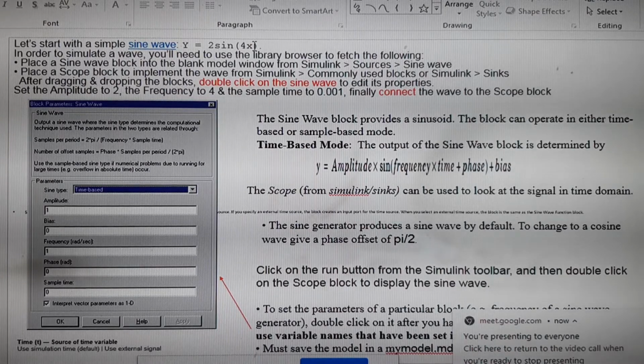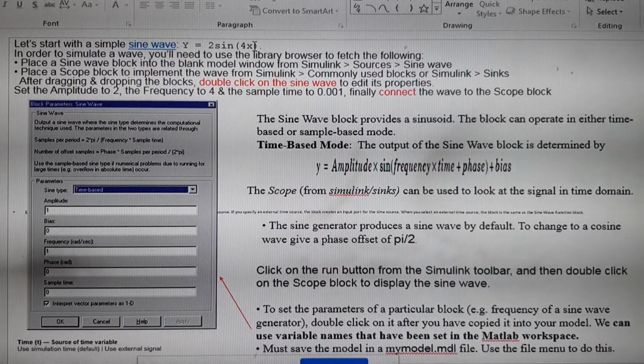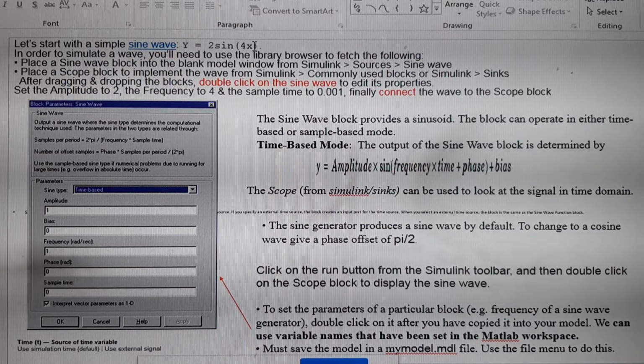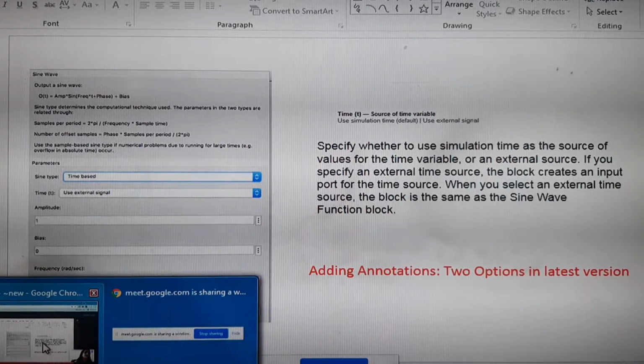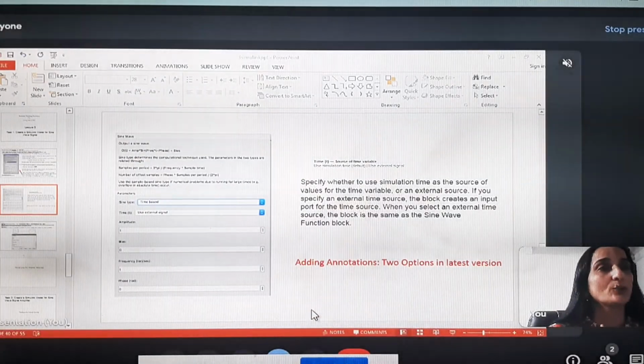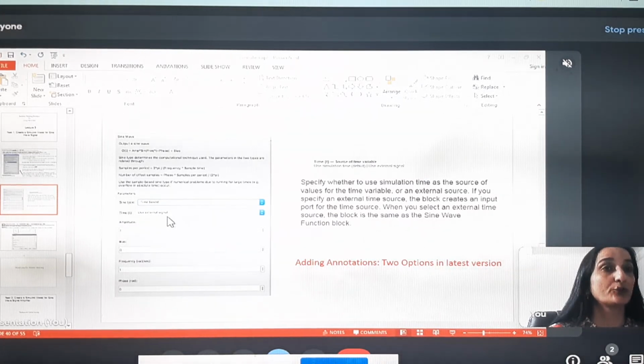Okay, we have used simulation time to input X, but if you want to give this signal X or time signal through some external source, then in the latest version, what we can do is, in the time drop down menu, select use external signal for the